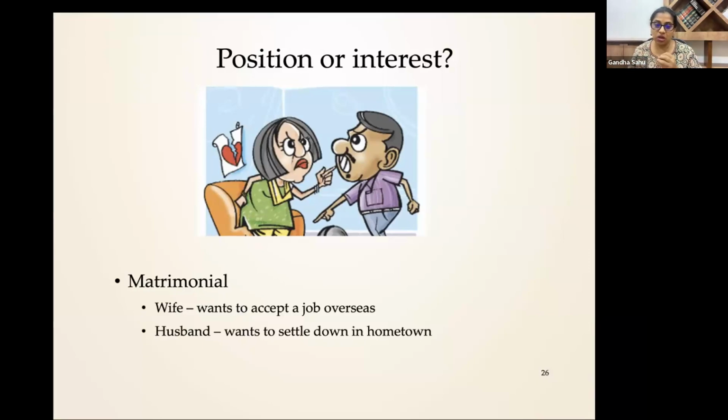Matrimonial case: the wife wants to accept a job overseas. The husband wants to settle down in the hometown. They are having a conflict, and they've reached a point where they want to separate because of this reason. If you explore it,